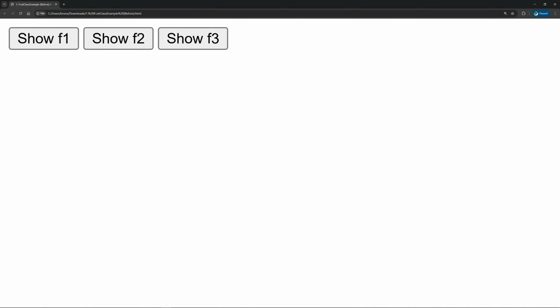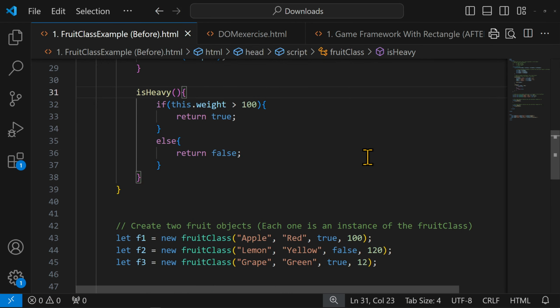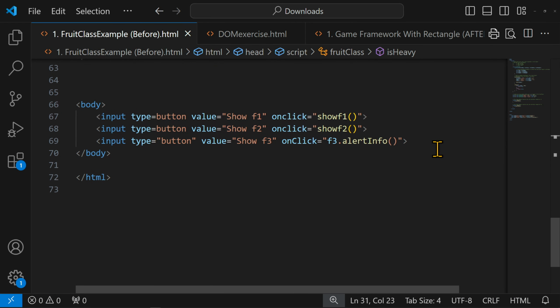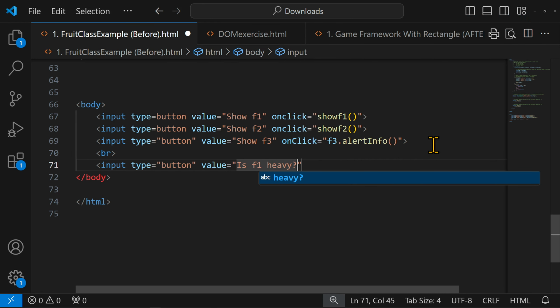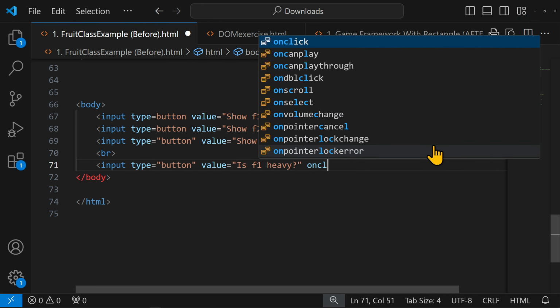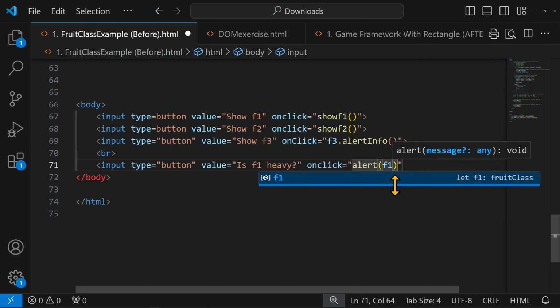Okay, and so let's go back, and now we're going to make some buttons to run our is heavy. Okay, so let's go down here. I'm just going to do a line break. Let's go input type equals button value equal is F1 heavy. On click. And now again, we could make a function like we have show F1, show F2. There's nothing wrong with that. I'm just going to speed things up a little bit. So I'm just going to write alert F1.,